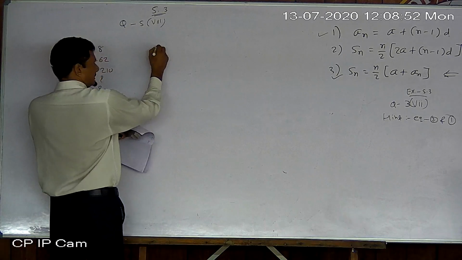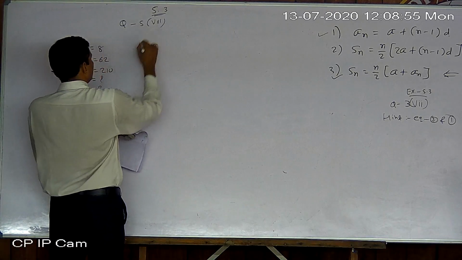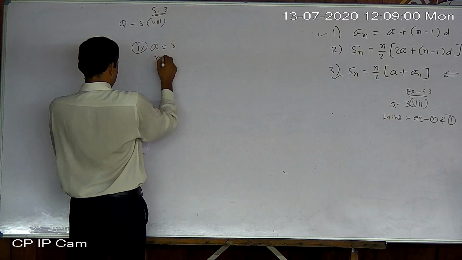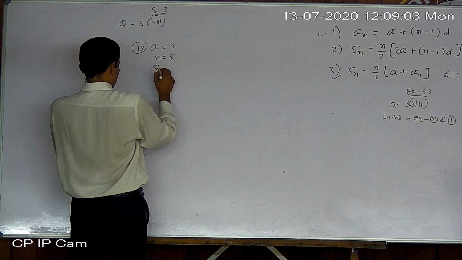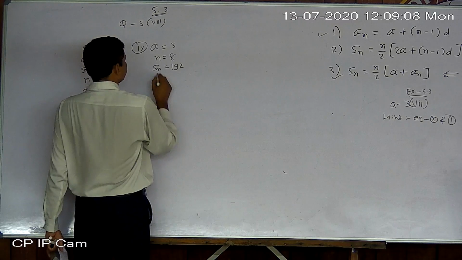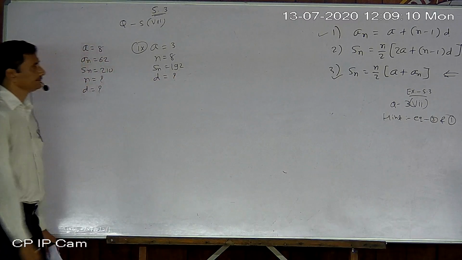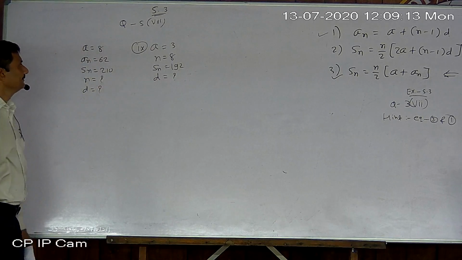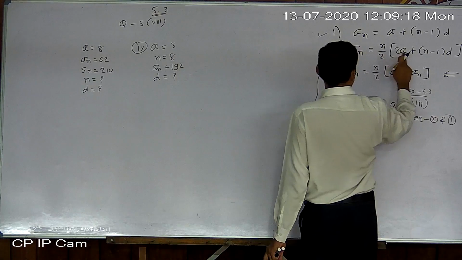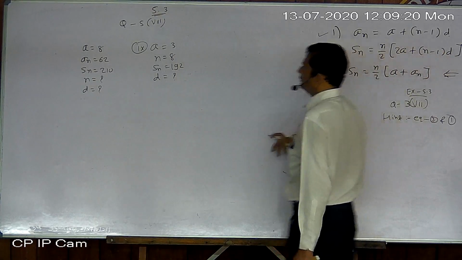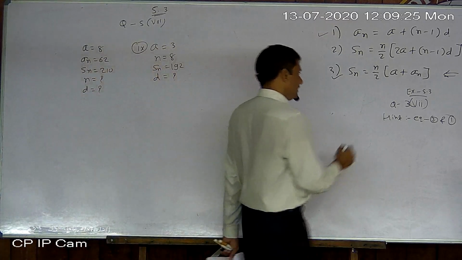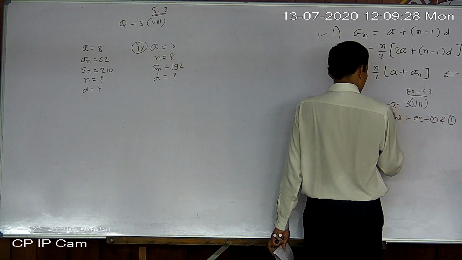Now in the next one, means 9-1. a is given 3, n is given 8, s n is given; only s or s n, both are the same. And find d. So look at the second one. Everything else is given. s n given, a given, n given, d not given. So except d, everything is given, and only one answer is required. So this is for that.